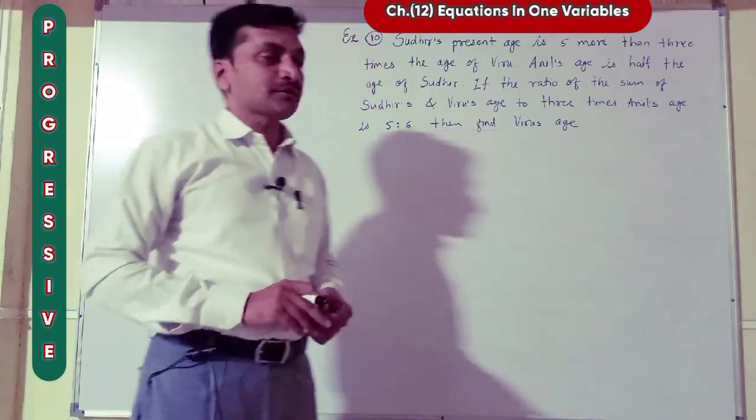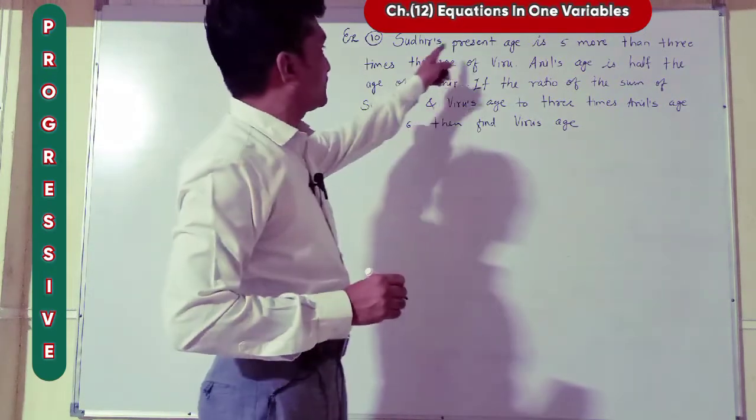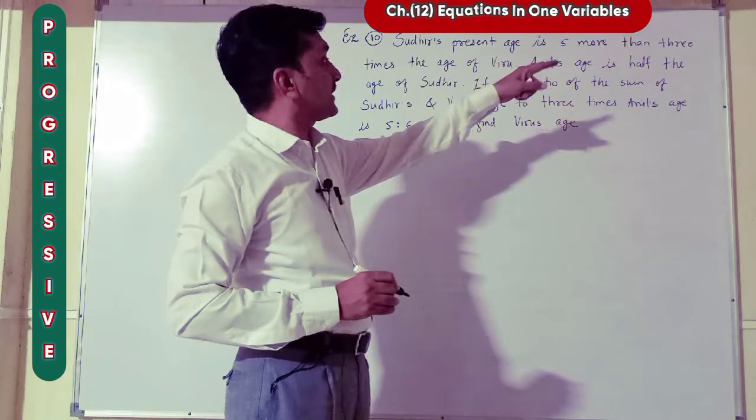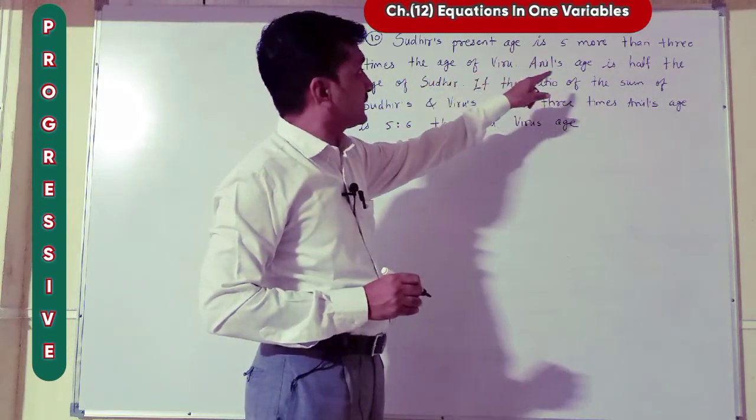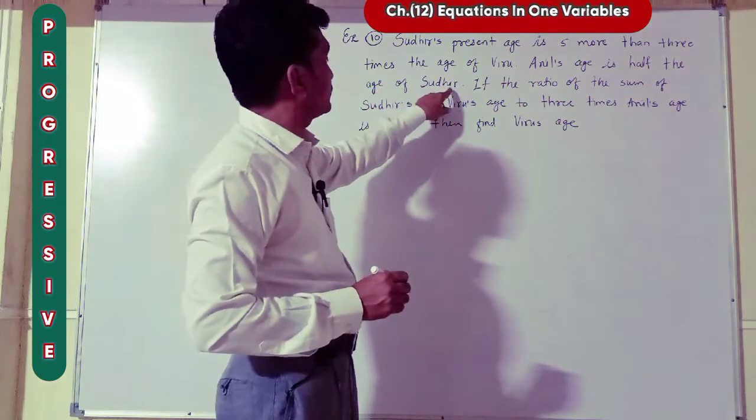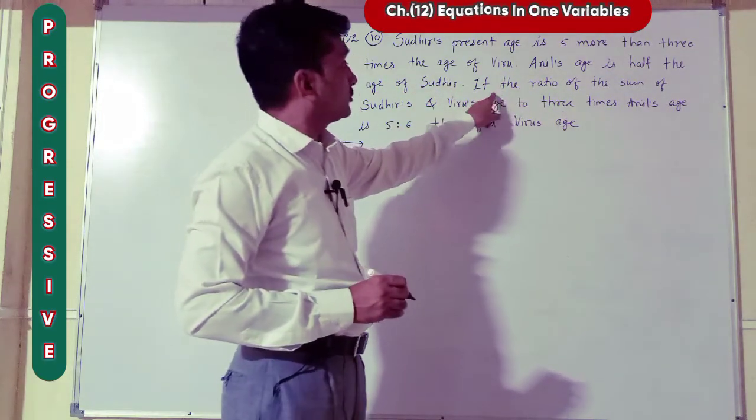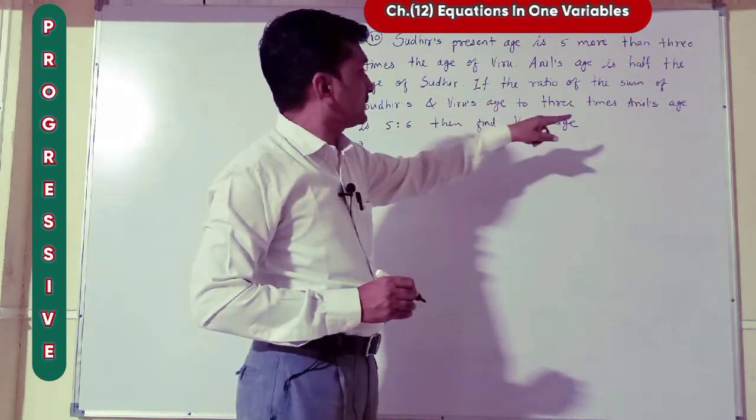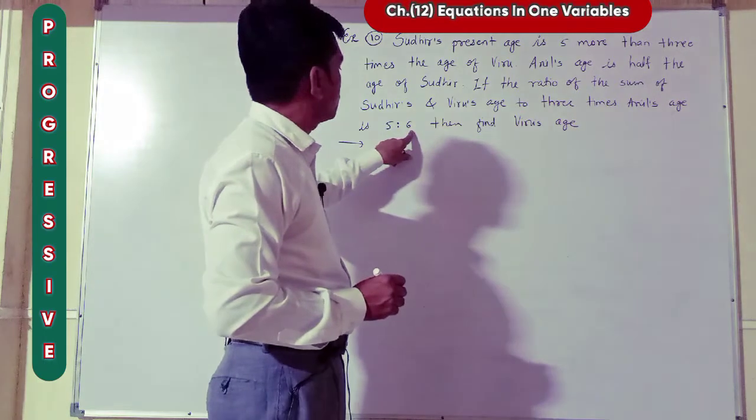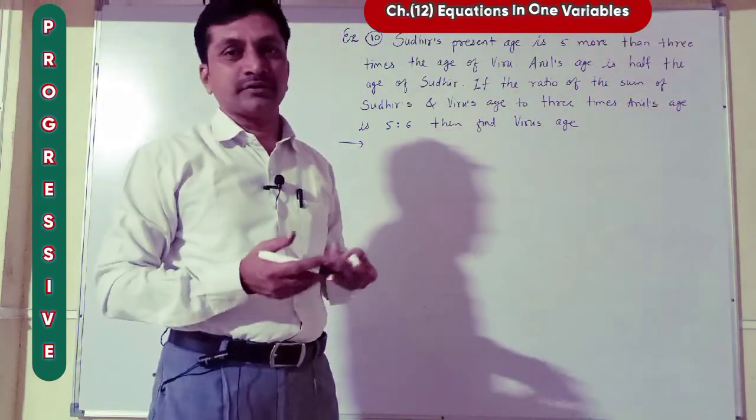Now let's see the last example. Example number 10 of this practice set. Sudhir's present age is 5 more than 3 times the age of Viru. Anil's age is half the age of Sudhir. The ratio of sum of Sudhir's age and Viru's age to 3 times Anil's age is 5:6. Then find Viru's age. Now Viru's age we have to find, consider x for,